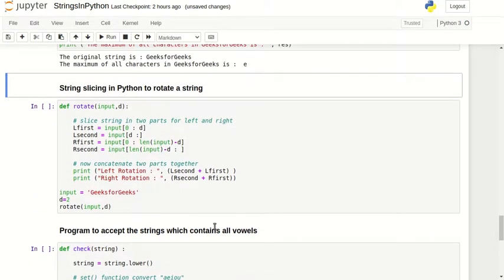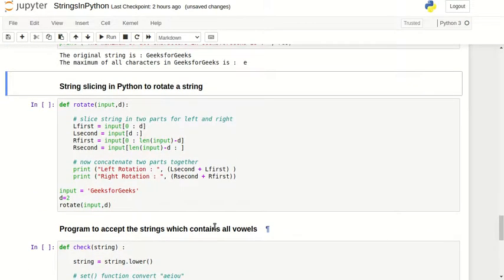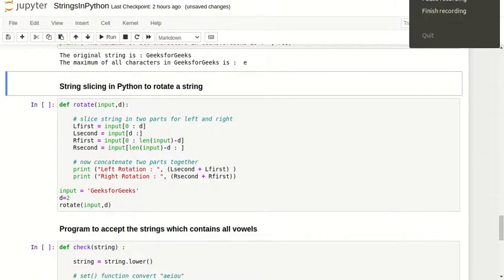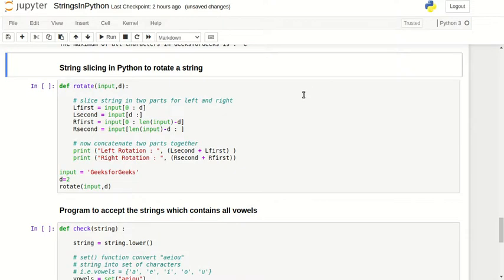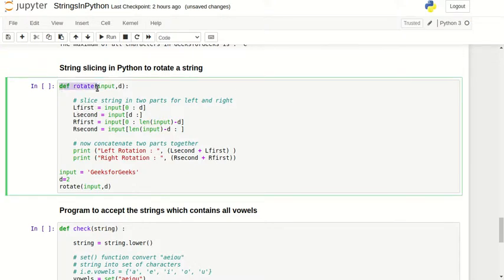Now let's see how we can slice a string and rotate the string as well. Here we will slice the string and then use it to rotate it. So let's see how we can do it. We have this function rotate, which takes an input string and d.